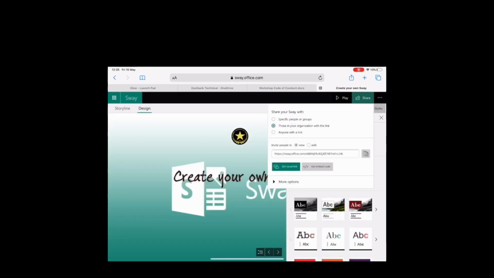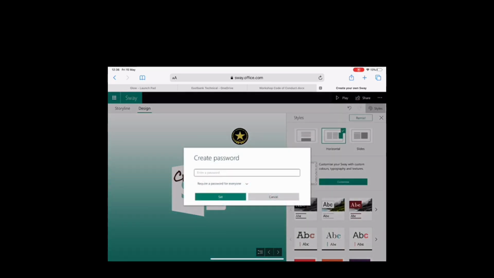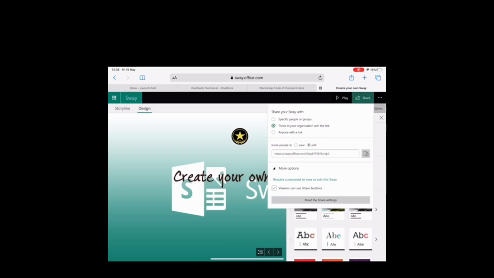Lastly, we can also share them. Now we can do this with specific groups of people. You put their email addresses in, those within your organisation with a link, and anyone with a link. The anyone with a link allows you to share it to social media. Anyone from your organisation, you just have copied that little icon there. If you want them to edit, you can also require a password. So if you click that, you can set a password. If you want to protect this way,